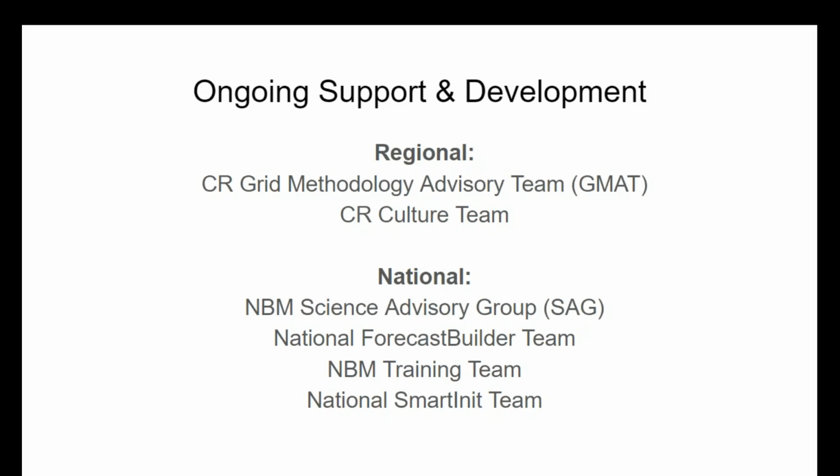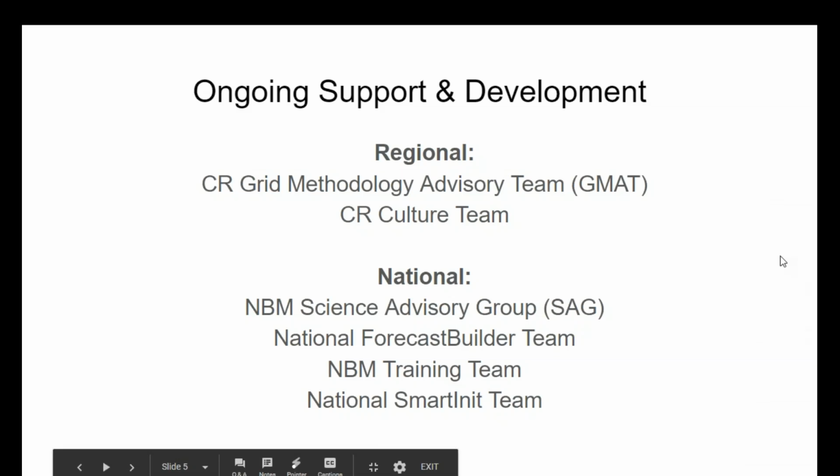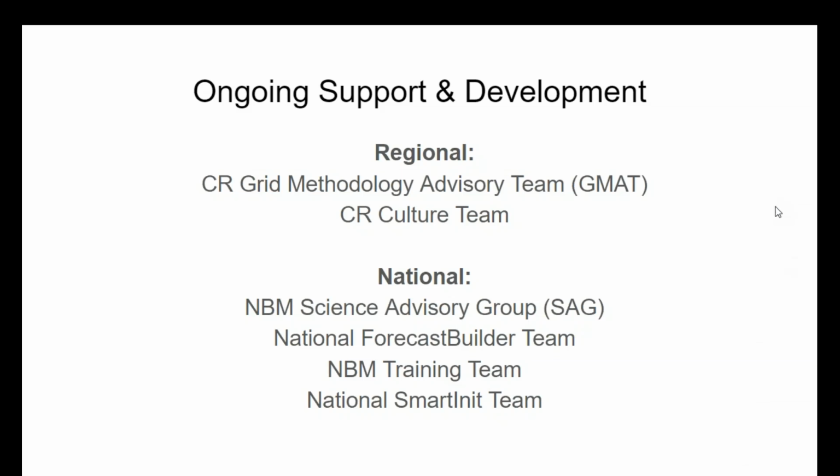And then we have our Central Region Culture team. Both of these teams are great partnerships comprised of both bargaining and non-bargaining members here within Central Region, which are continuing to promote our Central Region Weather Ready Nation Roadmap, version 1, version 2, and to continue to evolve our operations. And then nationally, we have Central Region representatives on a number of high-profile national teams, again, continuing to support